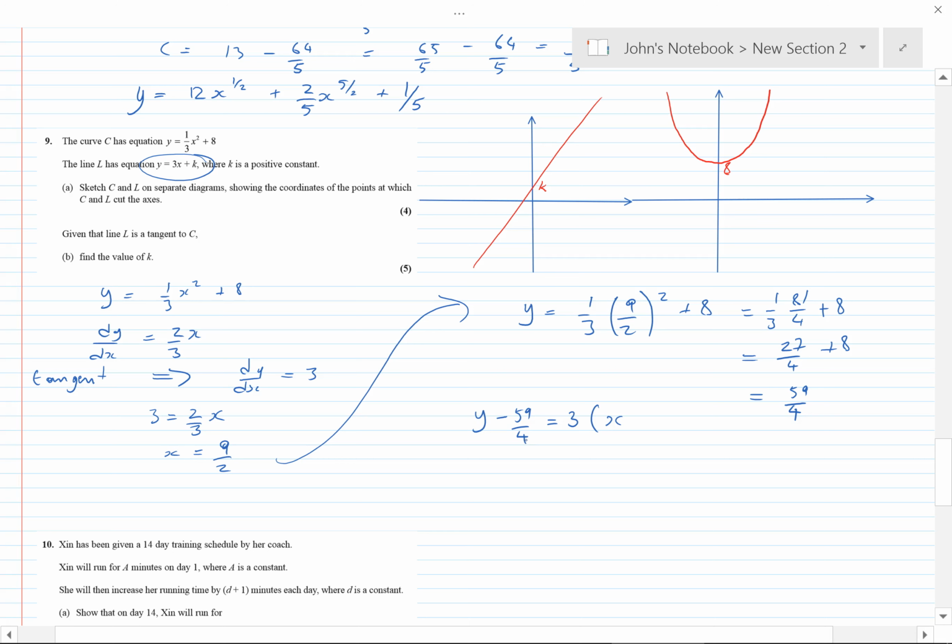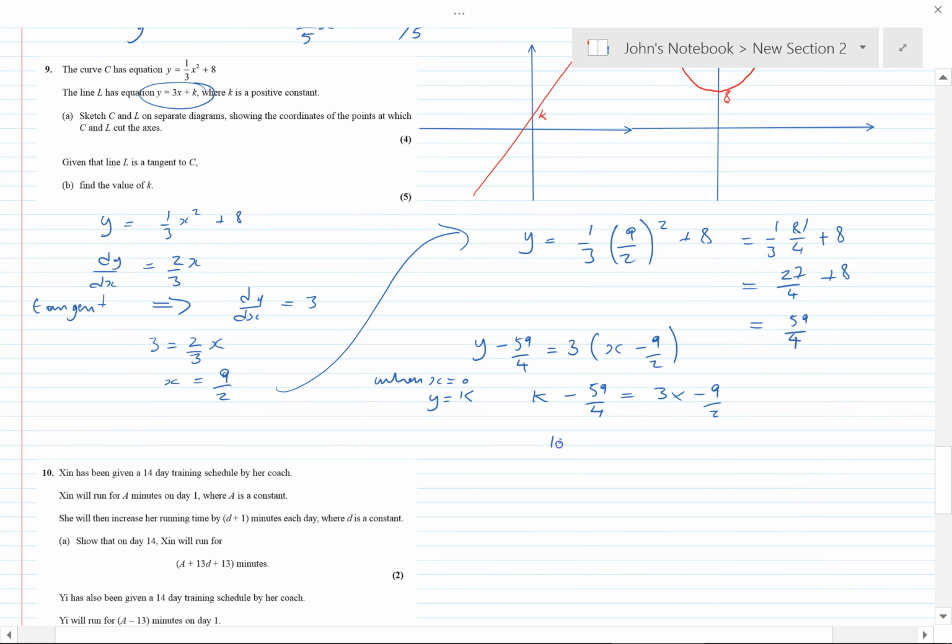3x minus the x coordinate, which is 9/2. Of course, we want it when x is equal to 0. So we can say y equals k if you like. So we have k minus 59/4 is equal to 3 times minus 9/2. So k is equal to minus 27/2 plus 59/4. So that gives me